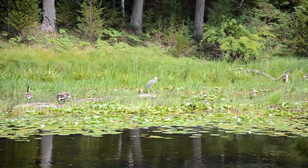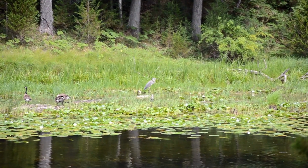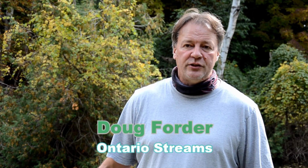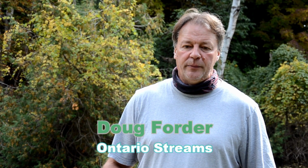So if there's not a lot of vegetation on your slope or on your land, when you get a heavy rainfall event, all that water picks up speed and picks up different nutrients and pollutants and washes them down into the river. In this situation, because the bank had been mown right to the edge, it's just not being able to become stabilized and has to be revegetated. So what's going to happen now is this is going to become stabilized with the vegetation and create habitat for